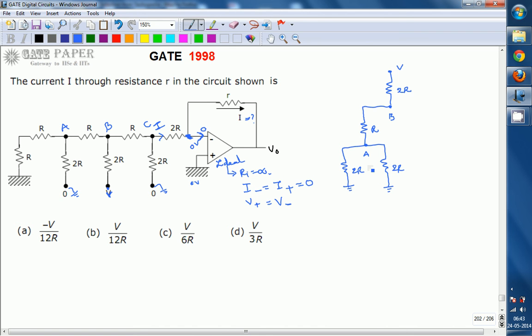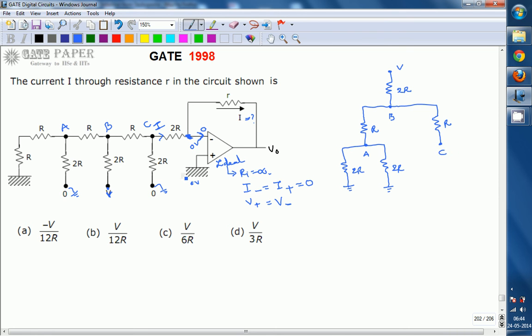So this is what we have drawn from voltage V, that is node voltage V, towards the left side circuit. Now I will draw the right side circuit from node B. The right side moves towards node C, and in between a resistance of R is there. So from B I am drawing a resistance of R, and this R resistance is between the B and C nodes. This is node C over here.